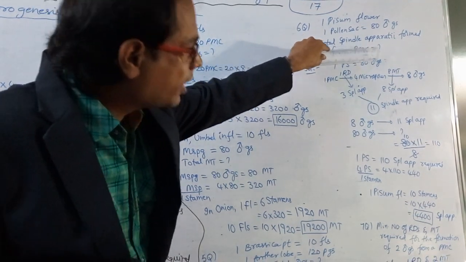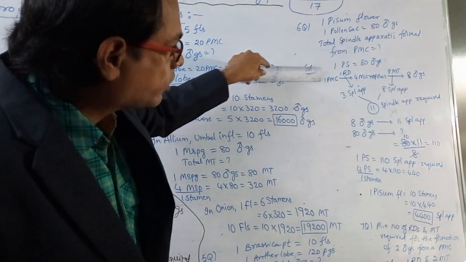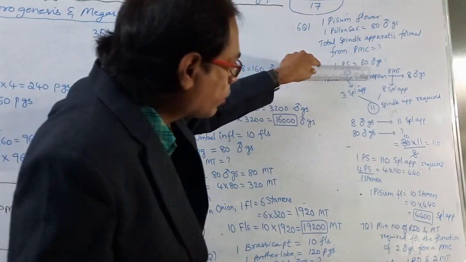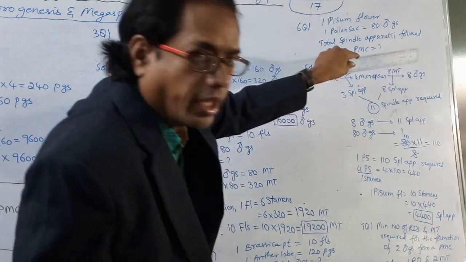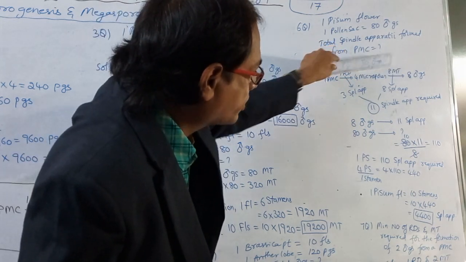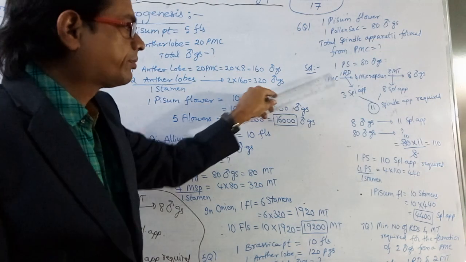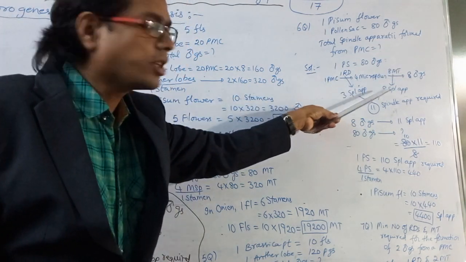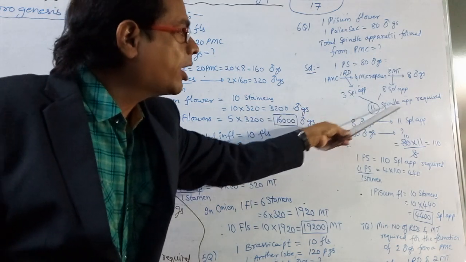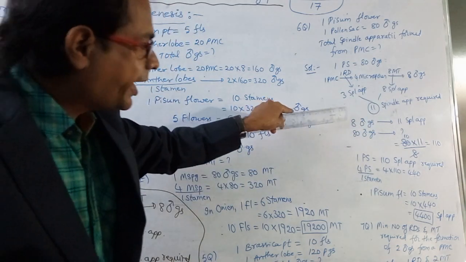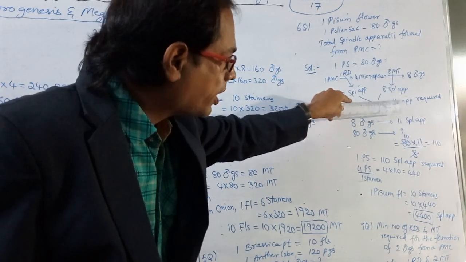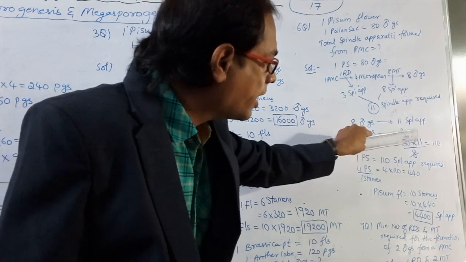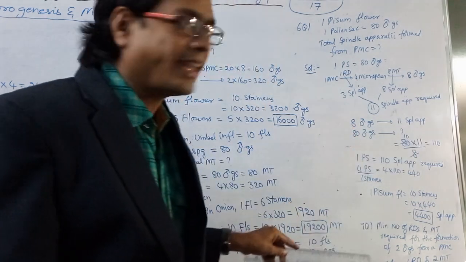So that is one pollen sac contains 80 male gametes. One PMC gives rise to 4 microspores by undergoing one reduction division. 4 microspores again produce 8 male gametes by undergoing 8 mitosis. So one reduction division means 3 spindle apparati. 8 mitosis means 8 spindle apparati. 11 spindle apparati required. So for 8 male gametes, 11 spindle apparati required. 80 male gametes, how many? So that is 80 into 11 by 8, that is equal to 110.